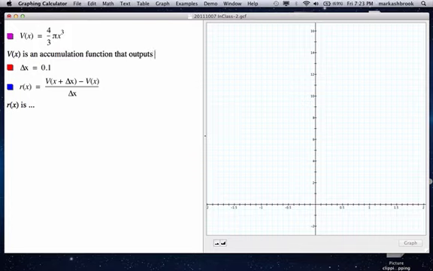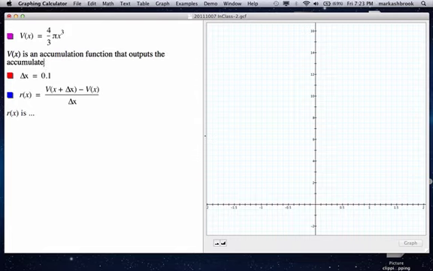It outputs the accumulated volume as the radius increases from 0 to x. Okay? So that's how we can think of this as an accumulation function. We think of it as the radius increases from 0 to x, it will give us the total accumulated volume